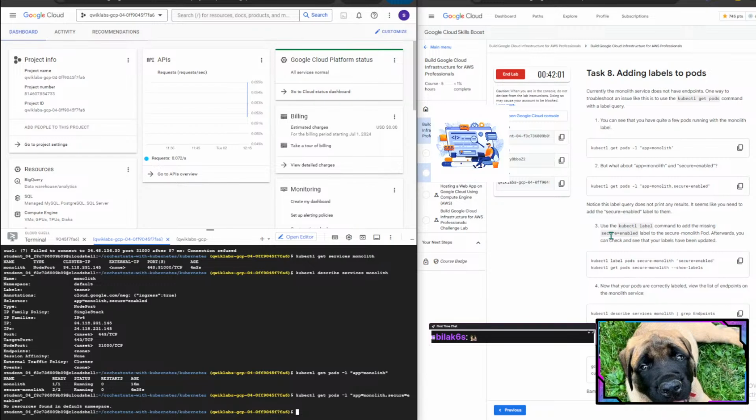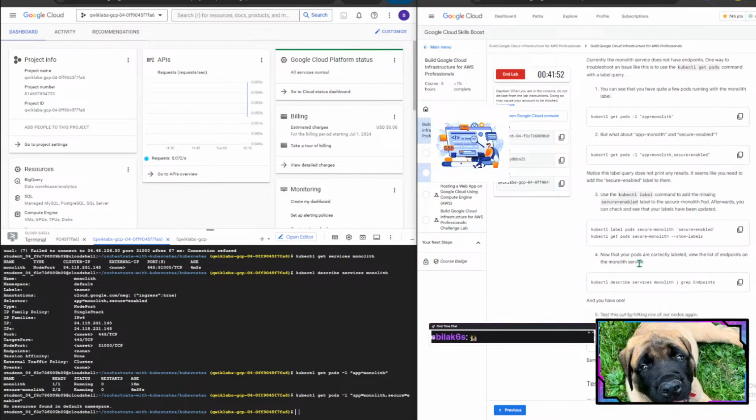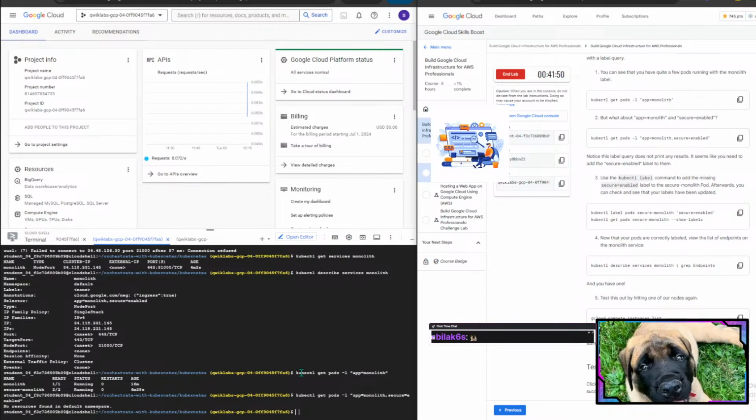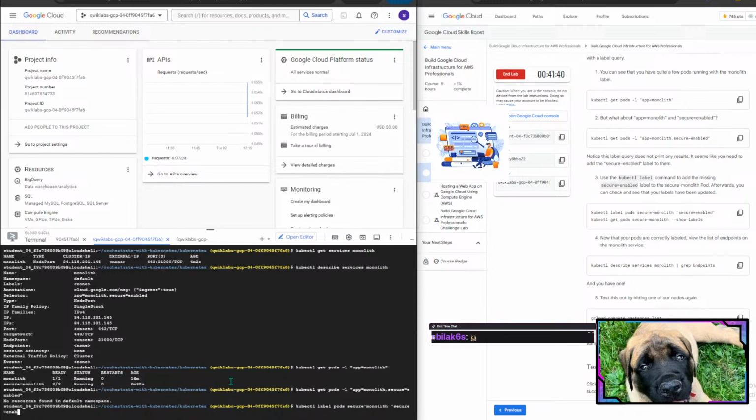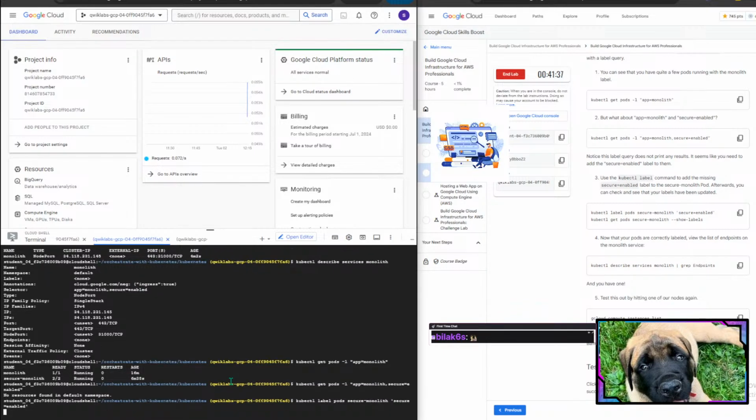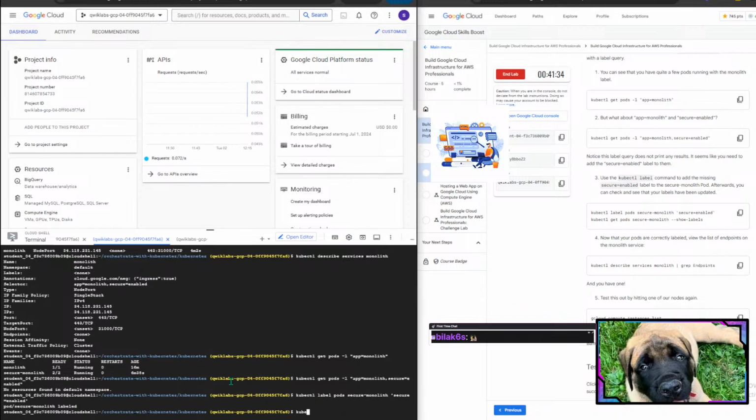So now use the kubectl label command to add the missing secure=enabled label to the secure monolith pod. Afterwards you can check and see that your labels have been updated. Okay, first one, kubectl label pods secure-monolith secure=enabled. Now kubectl get pods secure-monolith